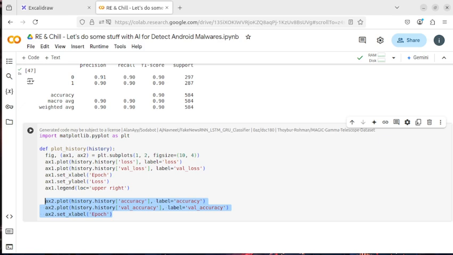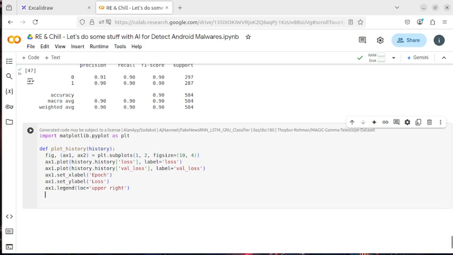Okay? Here we got the second one. And first we can just set and show the grid. Okay? So grid, grid, true,